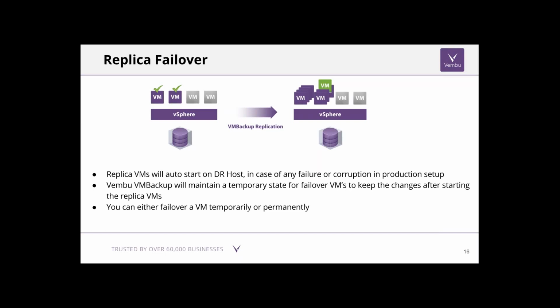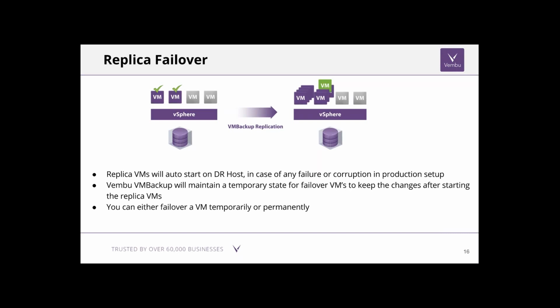Also, failover is done in a temporary manner. If the user wants to use that particular timestamp or VM for a temporary purpose, and is going to move to the production host after some time, Vembu gives the flexibility to do that. He can boot the VM for a temporary purpose and use it for business continuity, for an hour or two, a day or two, or a week or two. Once his work is done, he can do an undo failover to get back to the replication mode, so the source VM will be replicated to the target as a continuous incremental process. Vembu VM Backup also gives a permanent failover process,